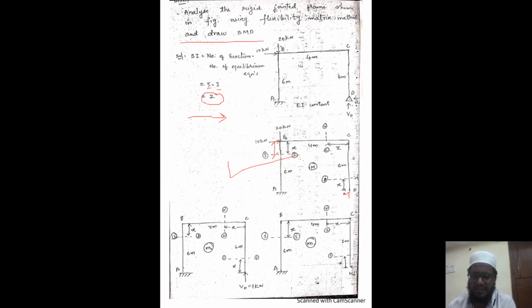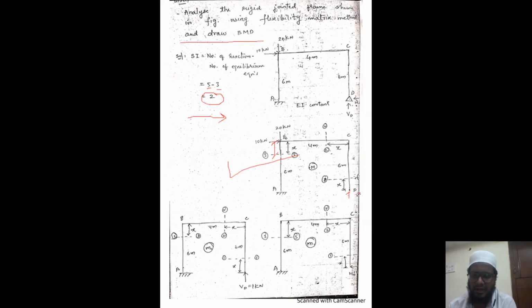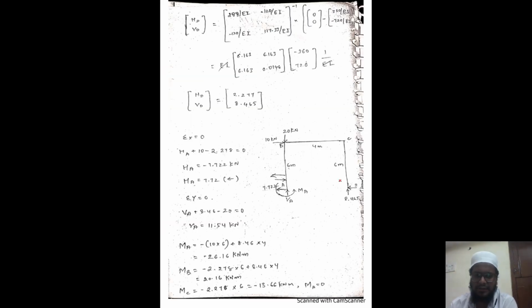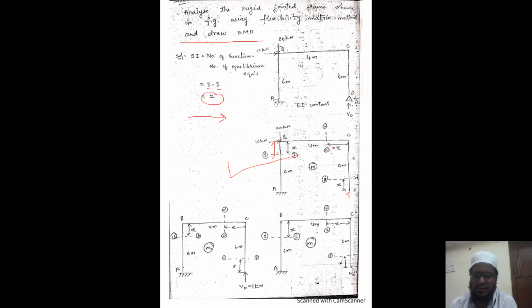So if you consider the member CD, the origin is, you can see here, origin we have taken as D. Where the distance is taken from, that will be considered as your origin. What will be the limit? Limit will be equal to the size of the member, the length of CD, which is 0 to 6 meters, right?